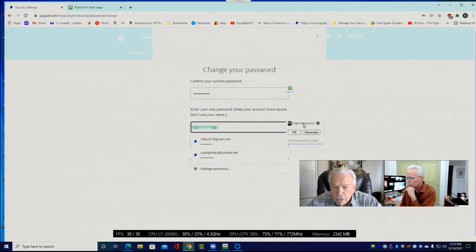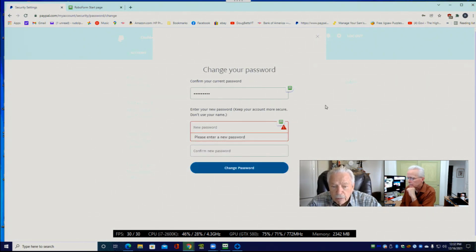Yes, RoboForm is suggesting that password. Okay, so in other words, up above, I've put in my password that I'm currently using. Right. And when I went to the new password, RoboForm has generated a new secure password for me and is going to remember it. Correct. Okay. So that saves you from having to make up a password. Exactly, because I was concerned about that.